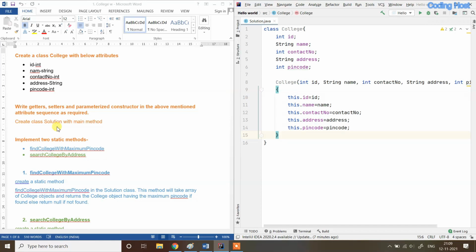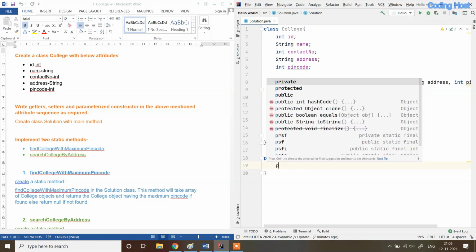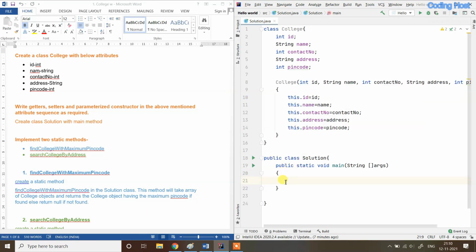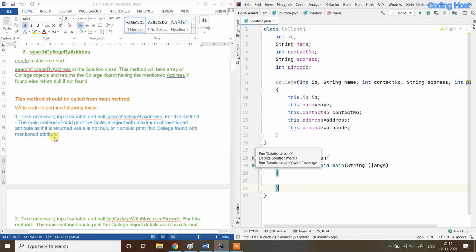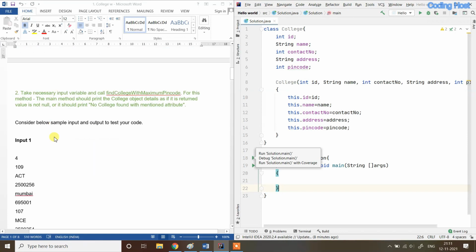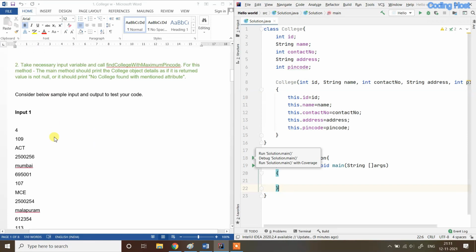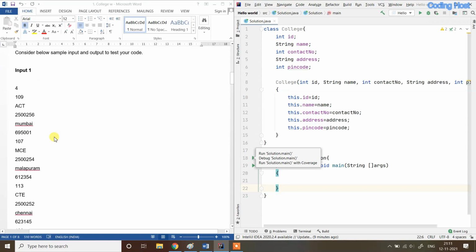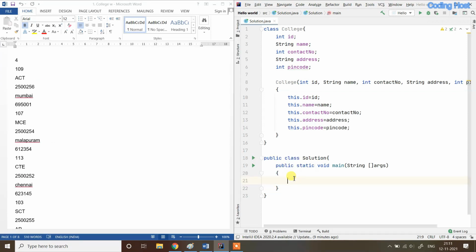After that we have to make class solution with the main method, public class solution, and inside of this class we have to make our main method. Now inside of this main method we have to take our inputs for these variables. During the TCS PRA exam, if you go down in the question, you can also see that they will provide you some sample input, so you can see how many total inputs you have to take. So first I will import the scanner class.